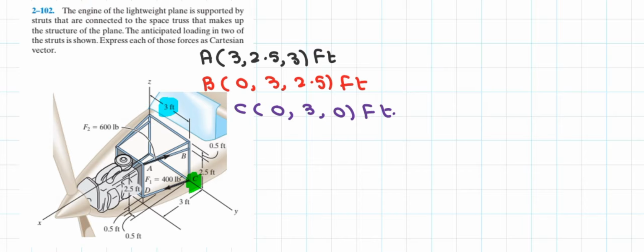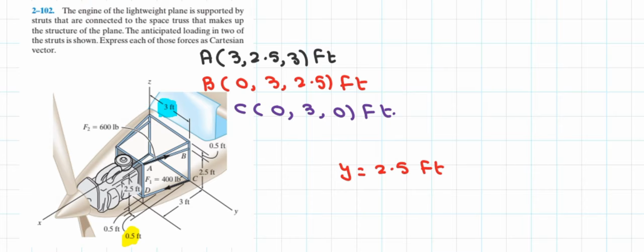Now what about point D? Point D is exactly similar to point A. If you see this distance right here, this is basically 2.5 foot, and this is a 3 foot distance. Just look at the middle of the screen. If you subtract 0.5 foot from 3 foot, you get 2.5 foot, and it is basically the y value present in point D. So the 2.5 foot is the y value present in point D, same as point A.